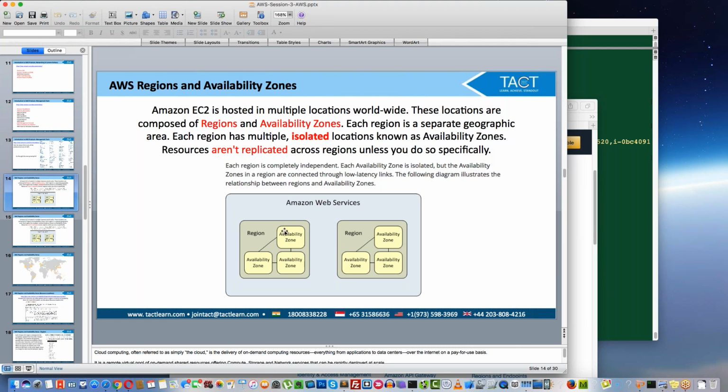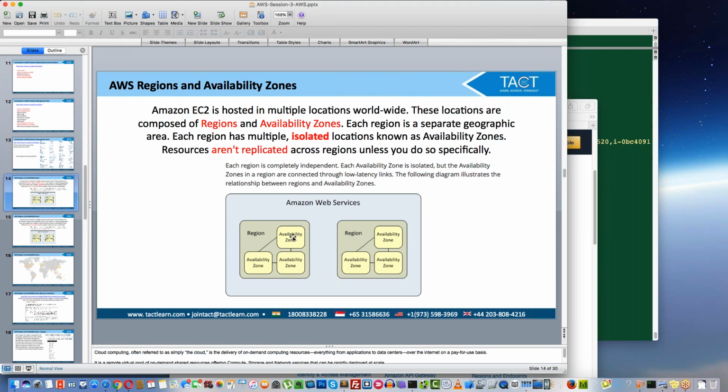Supposing I have one computer launched here, I have another computer instance launched here, I will not be able to copy files from this computer to this computer easily. But if I have,